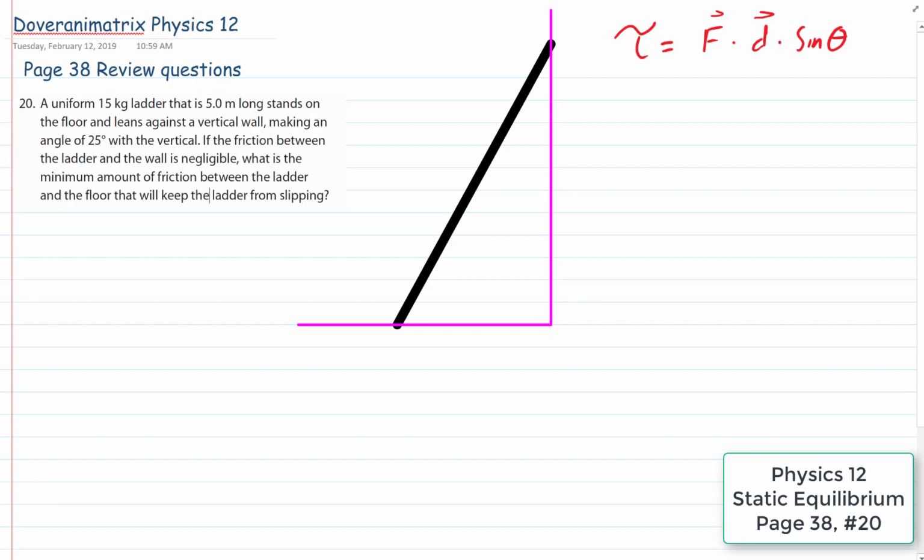So the ladder is leaning on the wall, so the wall is pushing back on the ladder. F wall. Now this is a normal force perpendicular to the surface. And we're also told that there's no friction on that surface so that it can slide up and down without resistance. So the wall's pushing back. This is also a 15-kilogram ladder. So in the center of gravity,